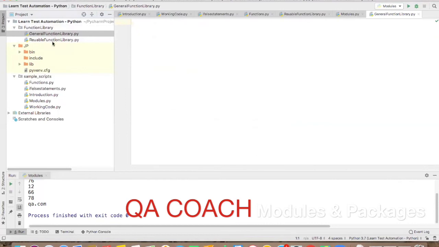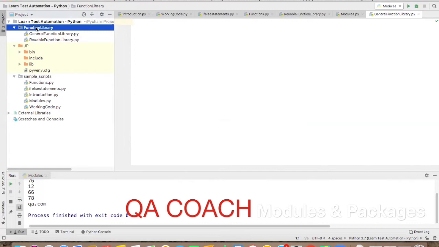Similarly you can have other modules or function libraries, and they are placed in this folder. This folder is commonly known as a package. So a package is a folder which holds all the different modules, and there is one thing which we do with packages,